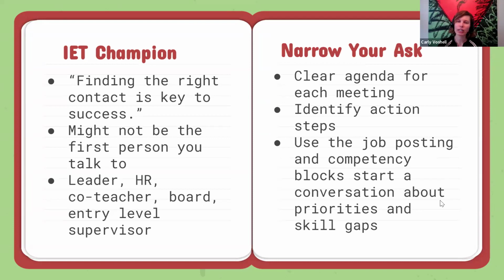The next thing I have on here is narrowing your ask. I've definitely been to enough collaborative meetings where you meet people, you chit chat, you try to make things happen, and then it seems like nothing happens, and you could keep meeting with them for months at a time and it still wouldn't go anywhere. So as much as possible, I would try to have a clear agenda and objectives for each of the meetings and identify what needs to happen before we meet again. And maybe it's something small but very specific so that it can get done